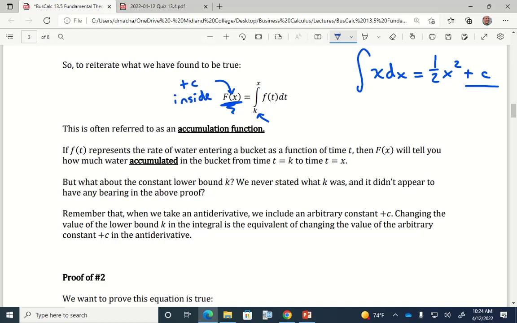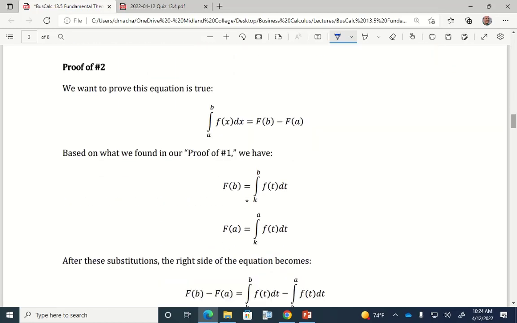And in this definite integral, the fact that I can change my lower bound of my integral gives me the flexibility to change that plus c. So if you choose a different k, you choose a different plus c. If you choose a different plus c, you choose a different k. Those are both sort of arbitrary constants that are going to be linked to each other in whatever problem you're working on. So, full circle there. Okay. Now, like I said, this is really the useful part of today's lesson, this definite integral